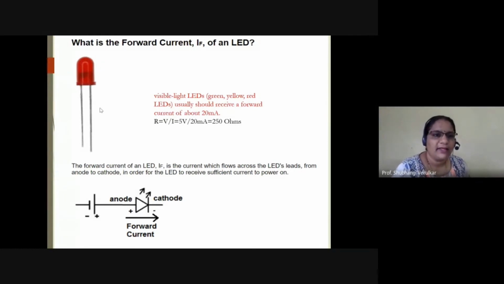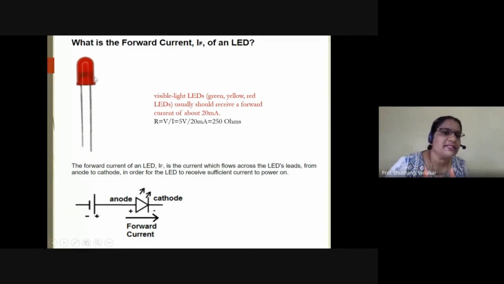If we break it, it doesn't change the identification. We know this is only a standard way to identify: the long one is the anode and the short one is the cathode. But if I break this terminal till here, it will not become that this one is anode and this one is cathode. This terminal will remain the cathode, and here we have to connect it properly, and this will remain the anode.